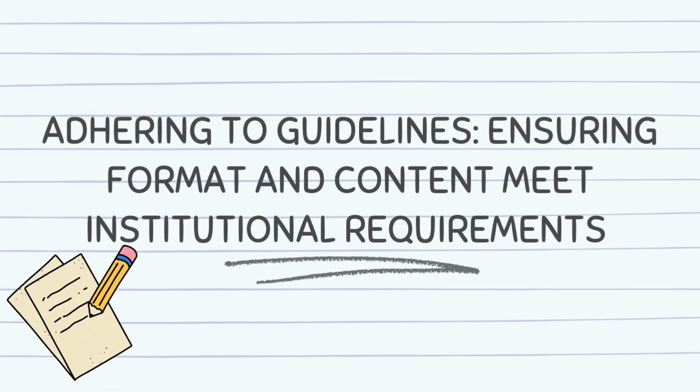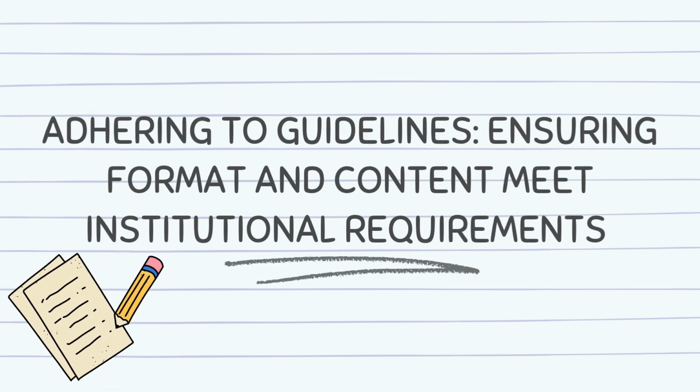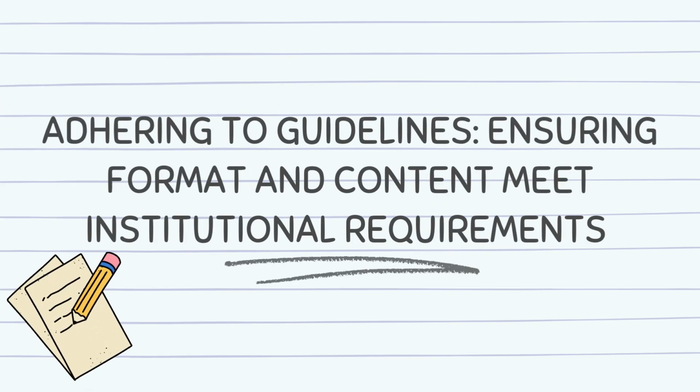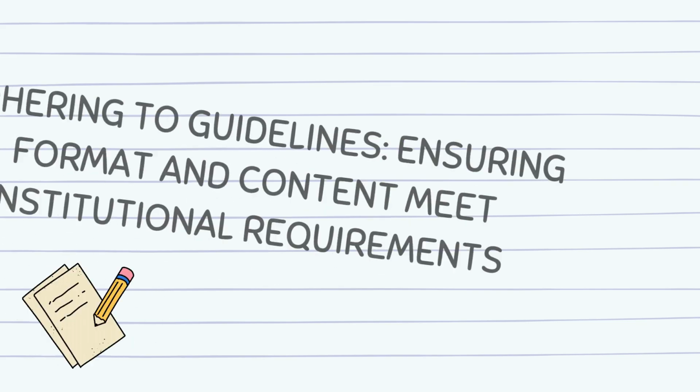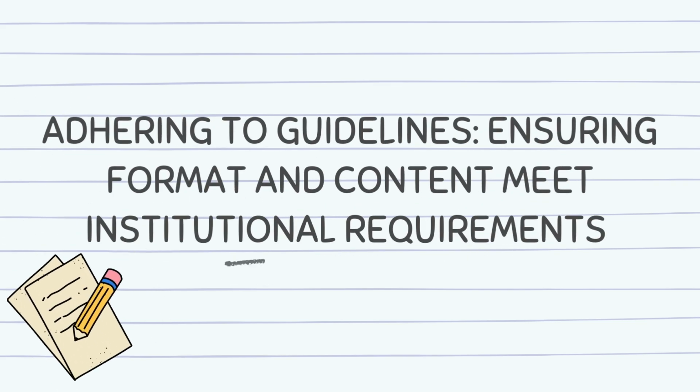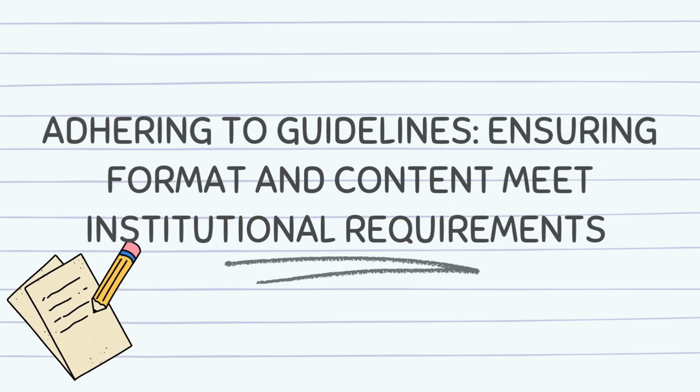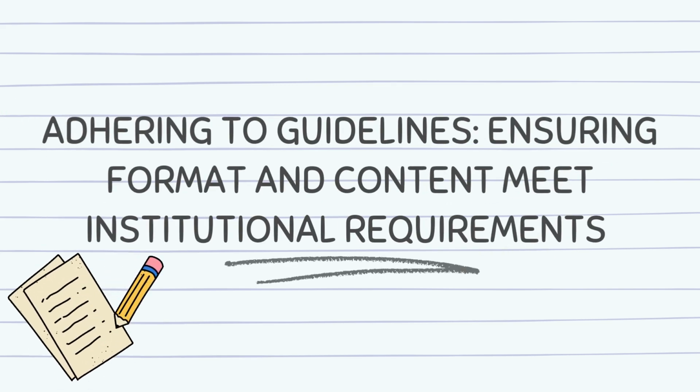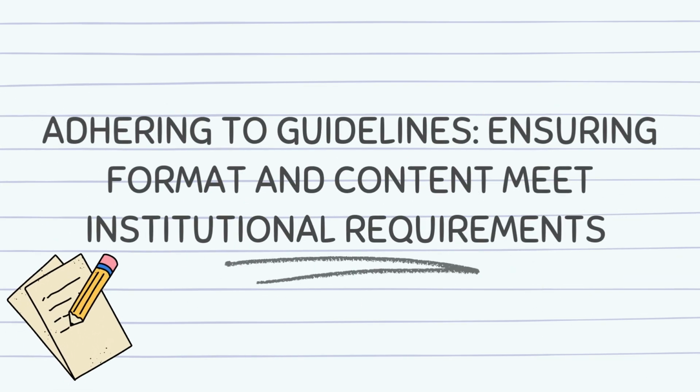A. Document formatting. Institutions typically specify the following: Font style and size. Most universities require Times New Roman 12 pt or Arial 11 pt. Margins. Standard is 1-inch margins on all sides unless stated otherwise. Line spacing. Double spacing is common, but some require 1.5 spacing for easier readability. Indentation and alignment. First line indentation of 0.5 inches for each paragraph. Justified alignment for main text to ensure clean formatting.